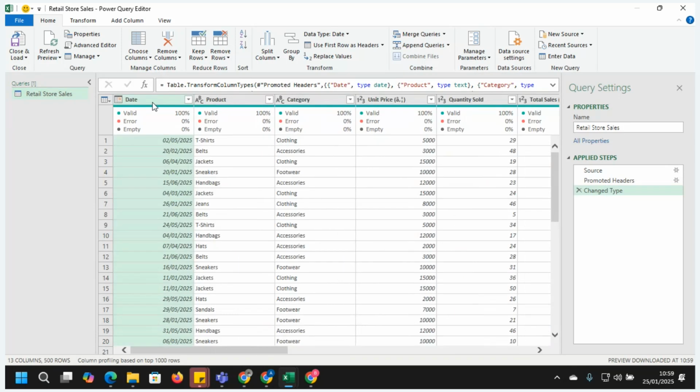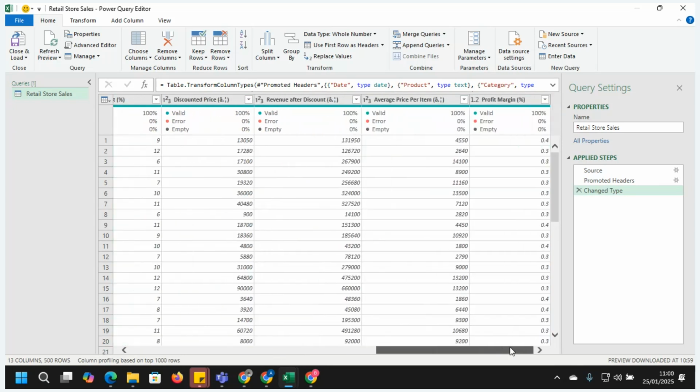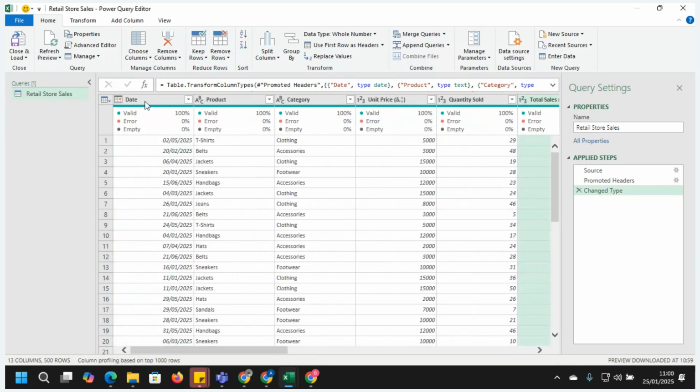And you can see we have date. Date is 100% valid. Product, the category, unit price, quantity sold, and the rest. So we have all these columns like we all know before. Now, what can we do with this? Is there any cleaning we have to do here? Do you think there's anything you need to clean from here? Or is there anything we need to extract that can give us insight also? What do you think we can do?